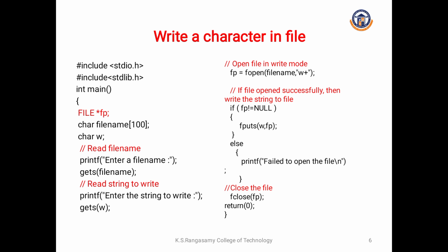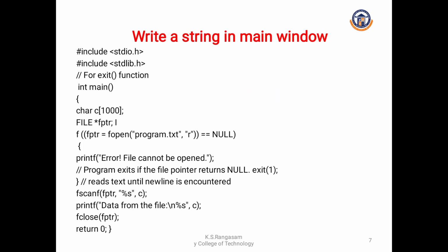So in this program I have asked the user to enter the file name with the character type of file name, and enter the string or a character in w. After entering that, I have placed the w in that particular file. Okay, so in the next program